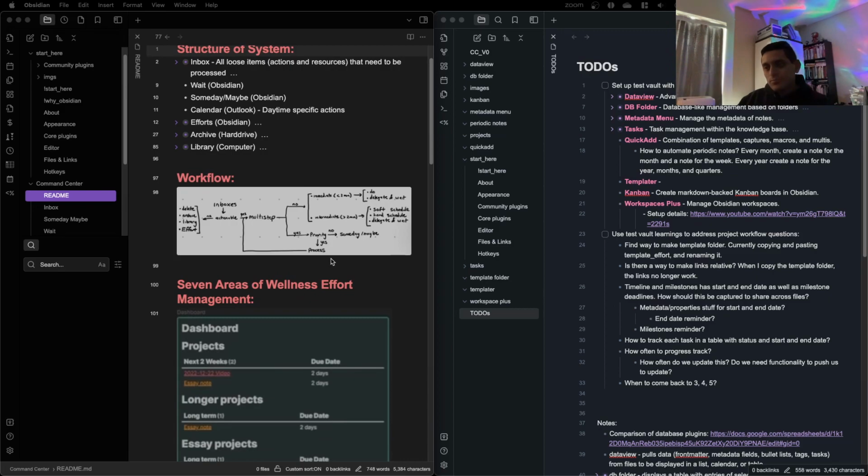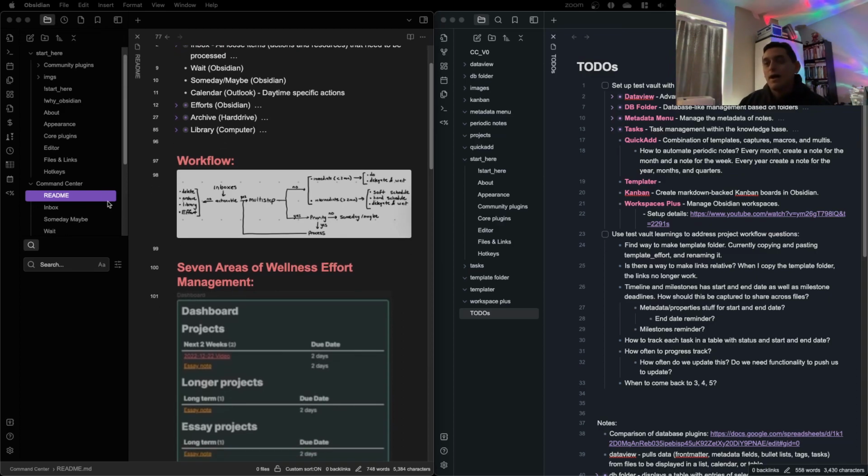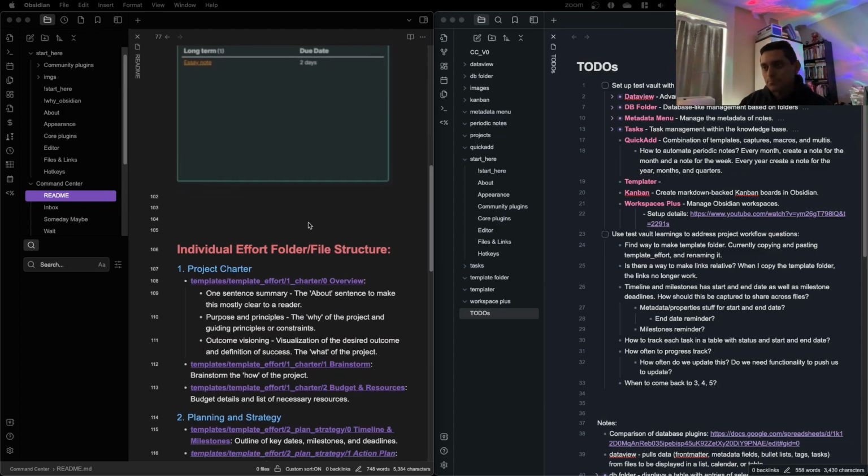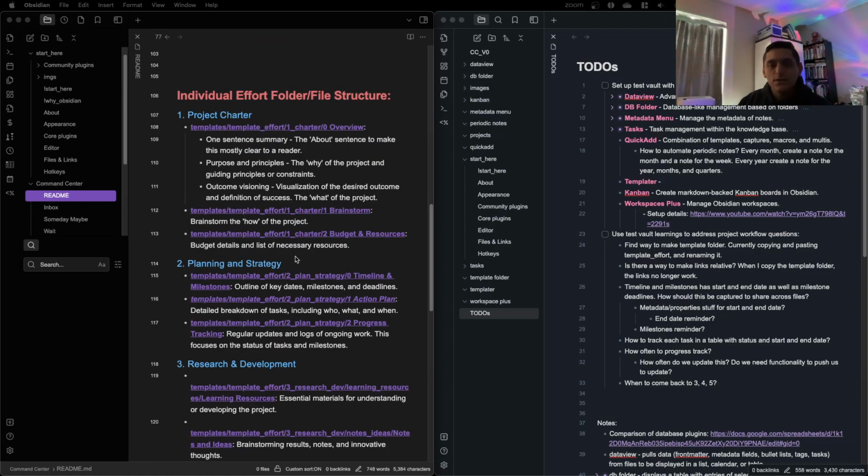management. And really, project management has two parts to it. First is individual projects. How do we undertake a single project and make sure that we can complete it through to success? And then how can we manage multiple of these projects? And so for a single project, I've set up a sort of a template or a standard structure for each of these.